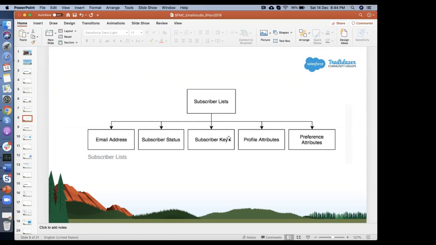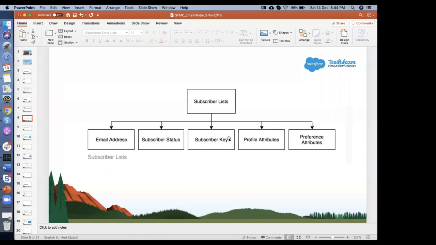But in Marketing Cloud, every subscriber is identified by something called subscriber key. Now, there are situations wherein your subscriber key can be your email address. And as well, you can keep something else as the subscriber key, such as customer number. The decision here is of course based on the business situation or scenario, on what you want to keep as a subscriber key. From my experience, most of the time I've seen email address being used as subscriber